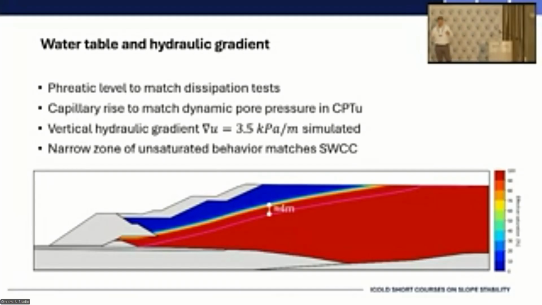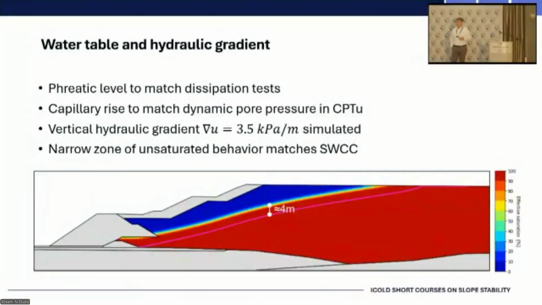So you can do it, but it's much more complicated to run the trigger analysis while you have this transient flow. So we had to trick the software, changing things like the compressibility of water and the unit weight of water, a lot of things that we had to do to match